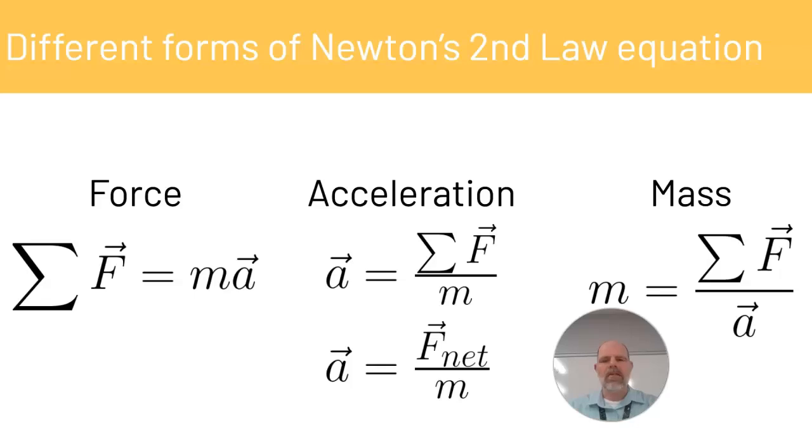If we look at acceleration, we can see that it is the sum of forces divided by mass. So as mass increases, acceleration is going to decrease, assuming that the force stays the same. If we want the acceleration to stay the same when mass increases, the force has to increase, or the net force has to increase, or the sum of forces has to increase. Similarly, if the mass is staying the same and we want the acceleration to increase, then we need to increase the force.